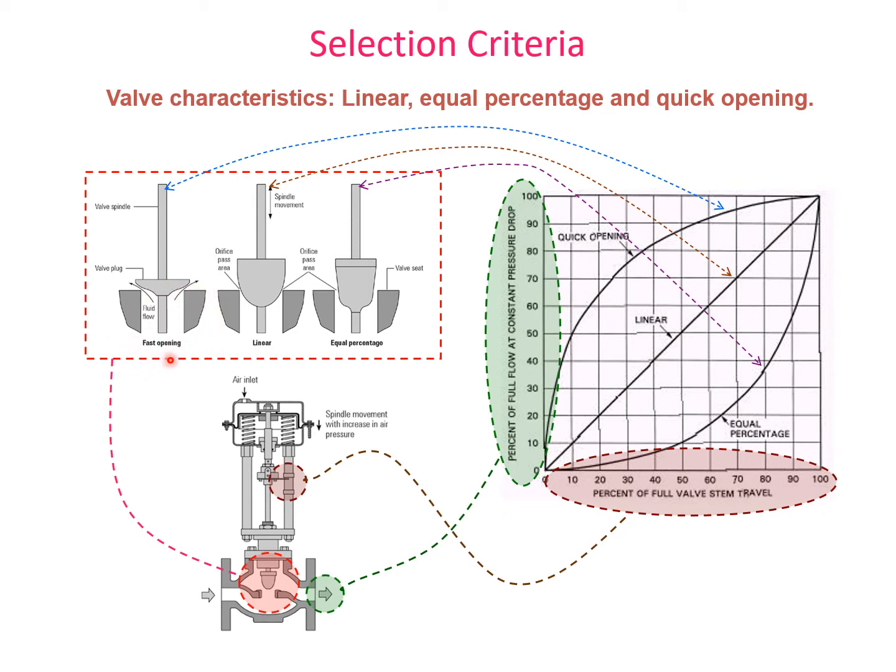For the fast opening, the plug is slightly wide, and for the linear, normally the plug is slightly curved. For the equal percentage, the design of the plug is quite curved, and there is a